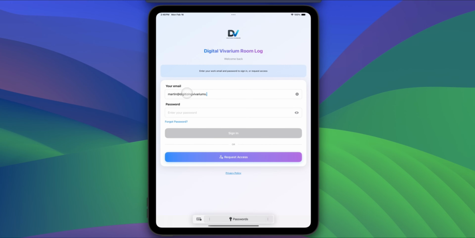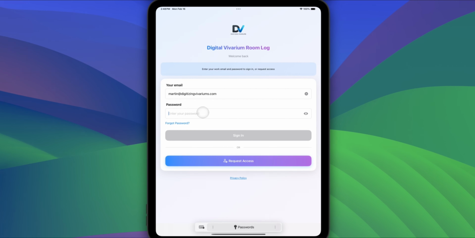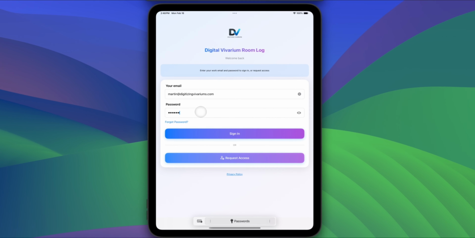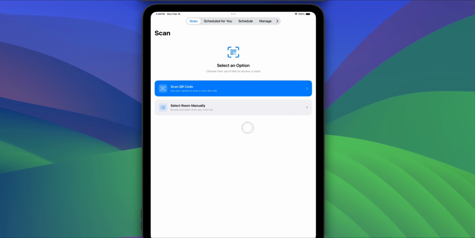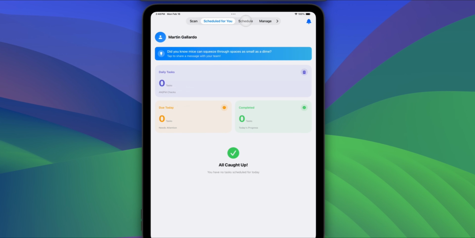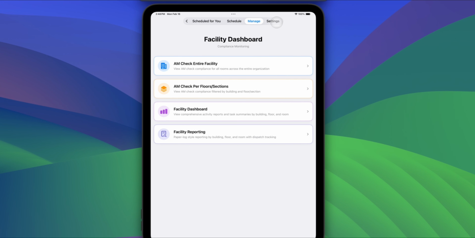So we're just entering our email and our password. And today I'm going to walk you guys through the admin section of the application. So let's just quickly navigate to our settings tabs